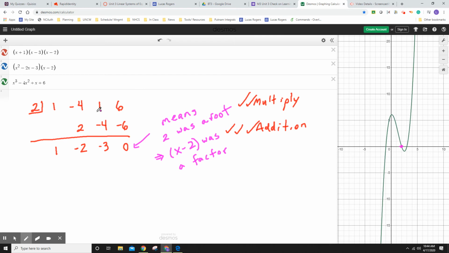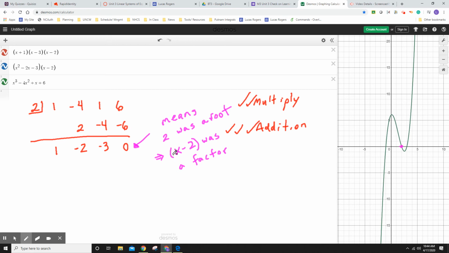So it keeps things simplified, but you do have to actually interpret the root to the factor, right? You've got to do that little bit of transition piece. Whereas when we do long division, we see 0 as the remainder. We know that we are basically dealing with exactly what we see because we would have been dividing by this